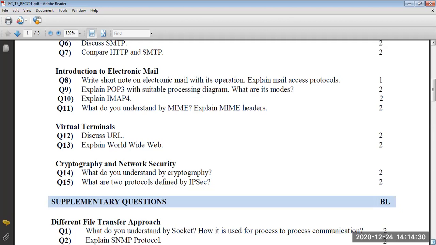इलेक्ट्रॉनिक मेल आप लोग जानते हैं, इलेक्ट्रॉनिक मेल का ऑपरेशन हमने आपको बताया ही था। Clear? Now we have the question number 9, that is the Post Office Protocol version 3 with suitable processing diagram. What are its modes? इसकी क्या क्या मोड हैं, कर लेंगे, क्वेश्चन हो जाएगा।